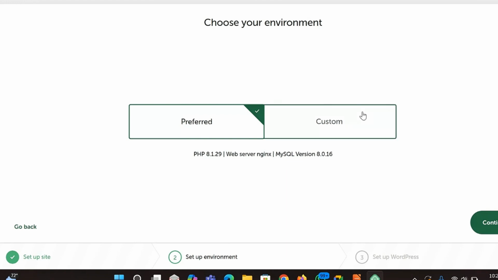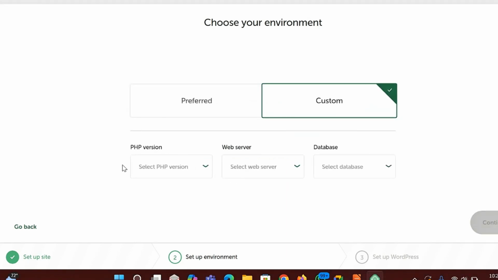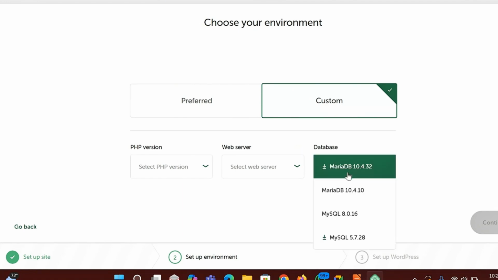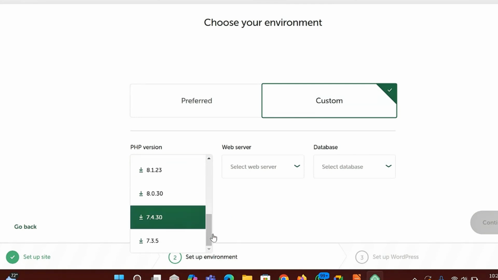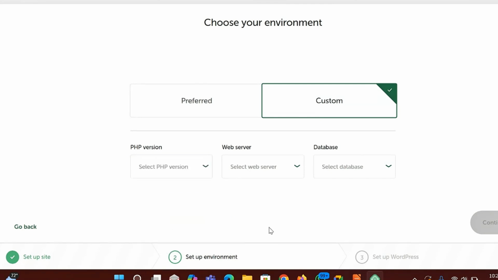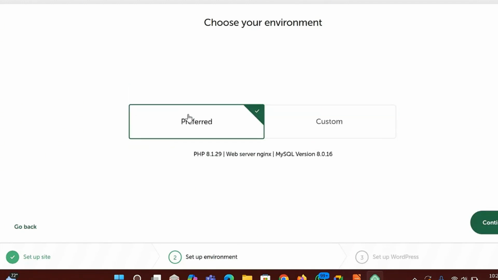However, if you know your environment, you can choose a PHP version, you can choose a server, you can choose a database, which is complicated. You will start the server and it is not working. You will start this and the website is not working, because these are complicated. These are for people who know their software development environments. So it will choose for you a preferred environment anyway. So always choose preferred. It is the best environment that your computer can have, and you click continue.